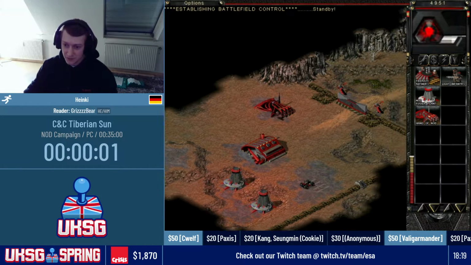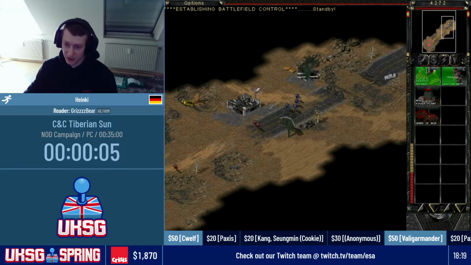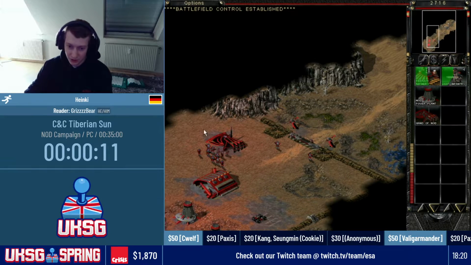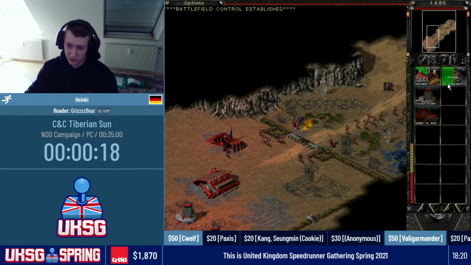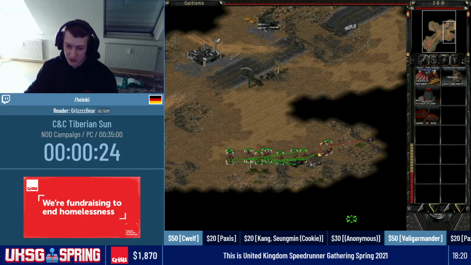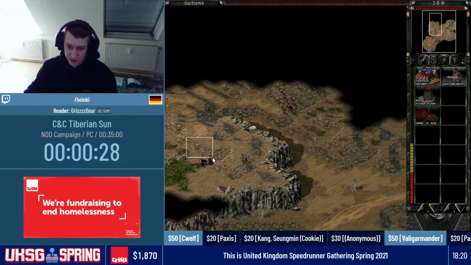Alright. So we do the campaign. In this case, we're doing a speedrun of the Nod campaign. So this is not the GDI, we're playing the Nod. And this is the first glitch. We are able to already build units while we're in a cutscene. And what we gotta do is kill all the enemies on this plane, and it's going to be very simple because if we do everything fast and quickly, there will be almost no enemies left